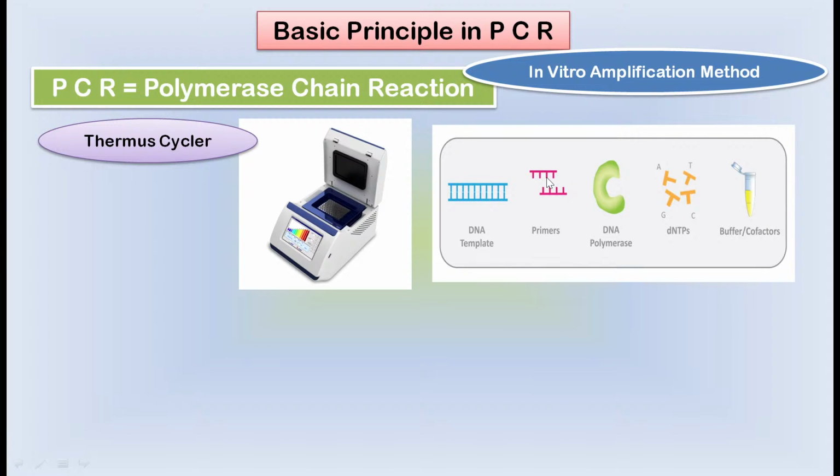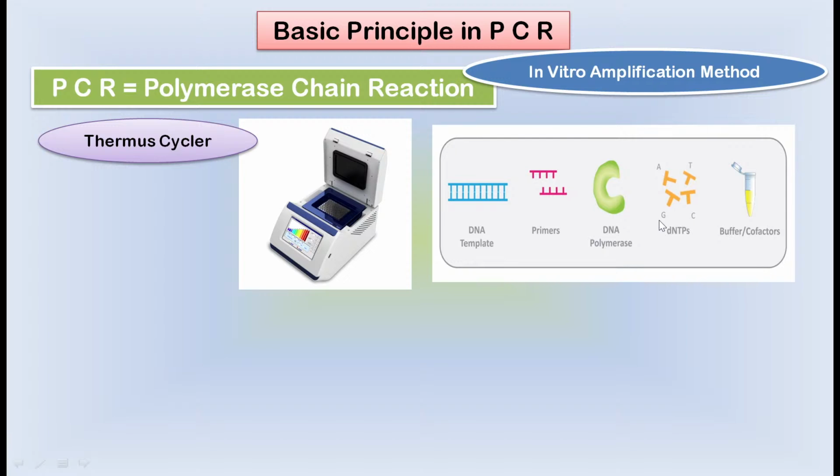First the DNA template, then the primers, then DNA polymerase. For amplification, we need to add Taq polymerase, a special type of DNA polymerase. In in vivo conditions, general DNA polymerase is used for amplification, but in the thermocycler we are using extreme temperature. So our normal DNA polymerase or human DNA polymerase cannot tolerate that temperature. So we isolate a special type of DNA polymerase, Taq polymerase, which can sustain over 100 degrees centigrade. So this special DNA polymerase known as Taq polymerase is used in the PCR machine, and these are nucleotides for